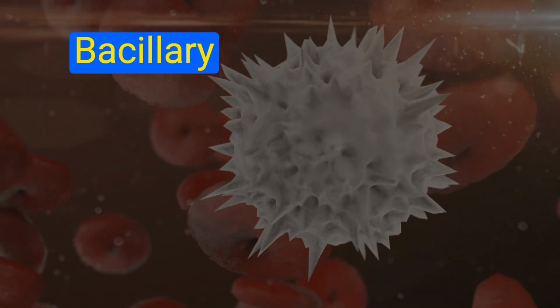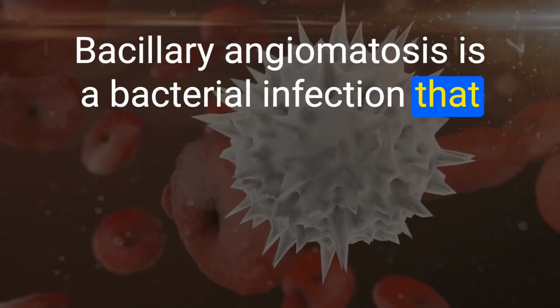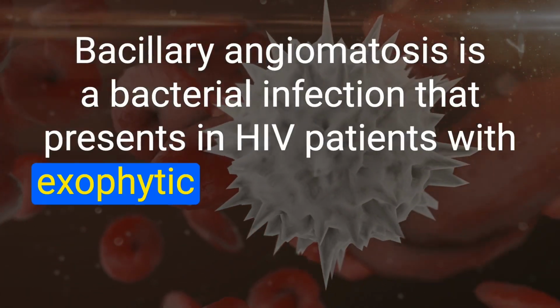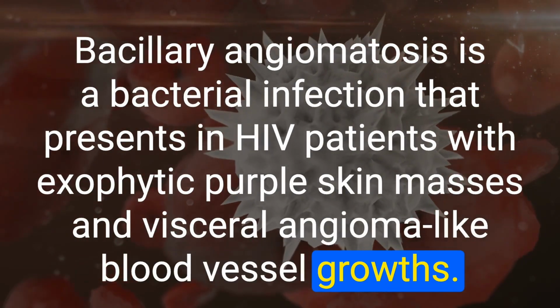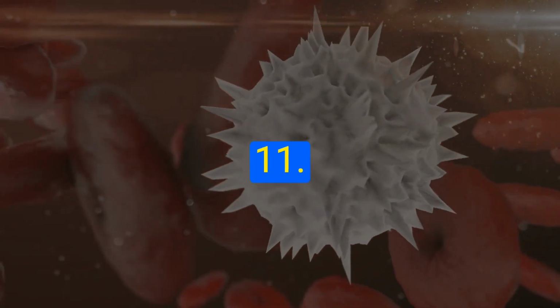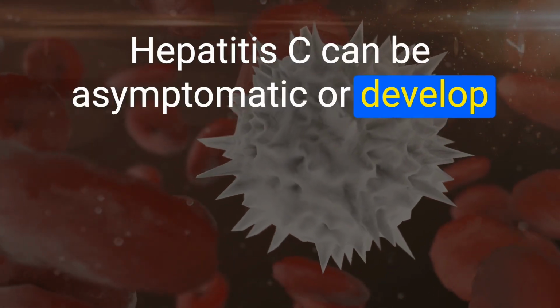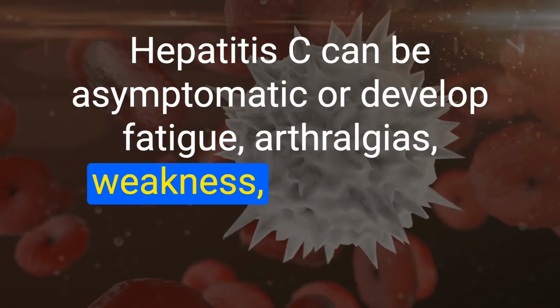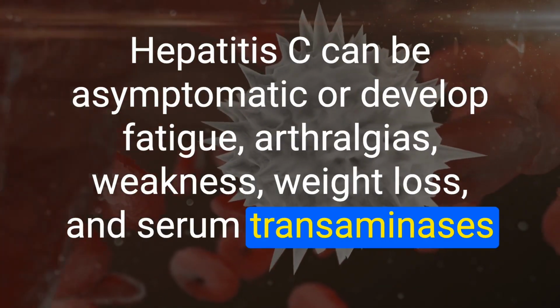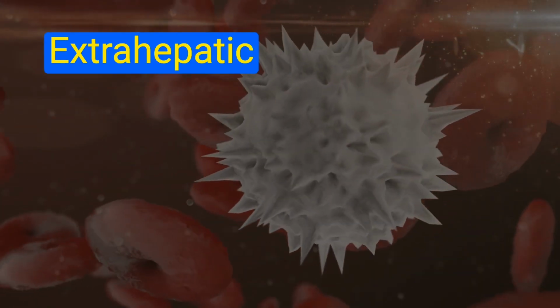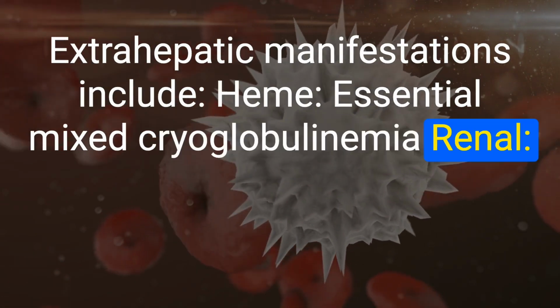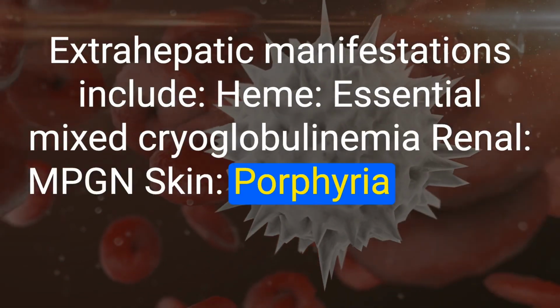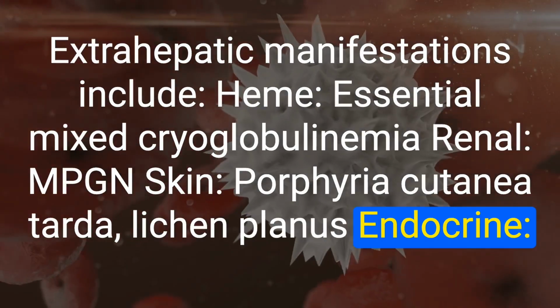10. Bacillary angiomatosis is a bacterial infection that presents in HIV patients with exophytic purple skin masses and visceral angioma-like blood vessel growths. Treat with antibiotics. 11. Hepatitis C can be asymptomatic or develop fatigue, arthralgias, weakness, weight loss, and serum transaminases can be elevated or normal. Extrahepatic manifestations include heme: essential mixed cryoglobulinemia; renal: MPGN; and skin: porphyria cutanea tarda, lichen planus; endocrine: increased risk